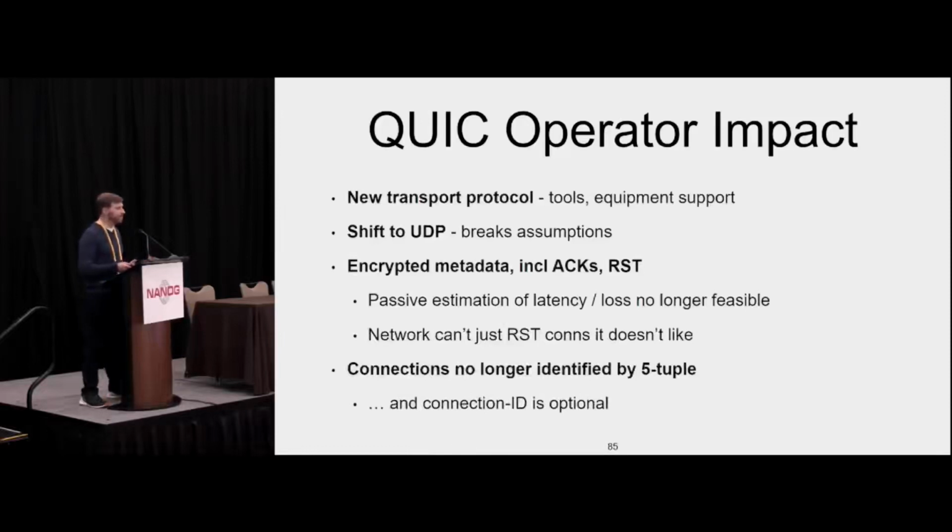The encrypted metadata means that you can't see RTTs as easily. You can't infer the loss rate of the connection as easily as you can in TCP. So those transport level metrics, at least at the moment, are not present. Now, there is a conversation at the IETF about reintroducing those into the QUIC packet, so having some number of bits for manageability. It actually turns out that with only 2 or 3 bits in the first byte, you could get a fairly good signal of loss rate and RTT. So this is not technically infeasible. But there are still people who are basically saying, the more bits you expose, the worse it's going to be.